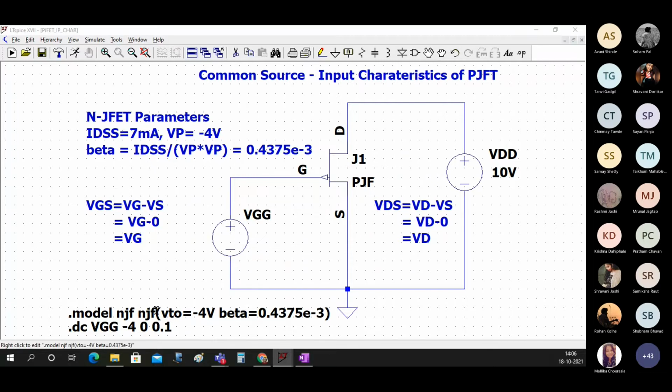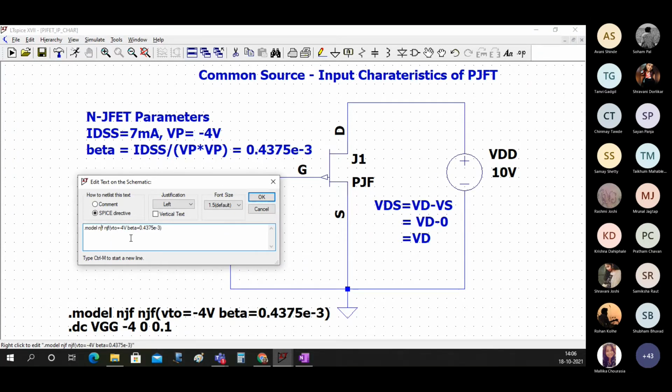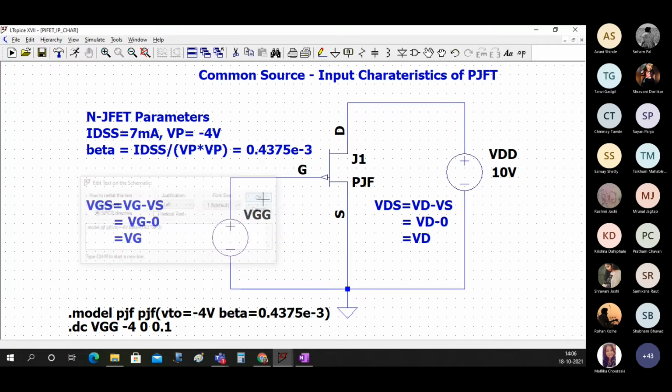So this line will change it to PJF. Let's keep all other parameters the same.